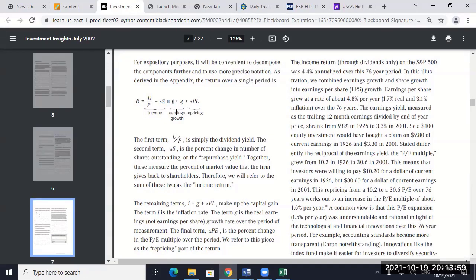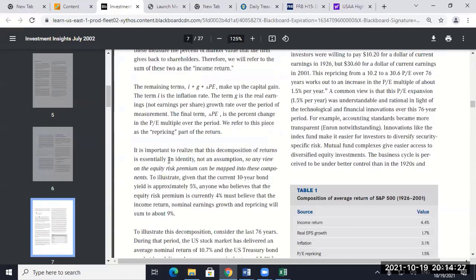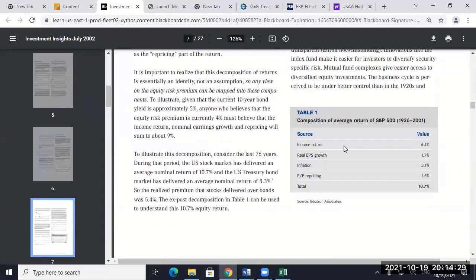What do you think these two numbers are? The I, inflation, and the G, real growth. All right. And then there's the change in PE. And it really is that simple. If you look at their number and they say historically the change in PE has added X percent, they just took today's PE divided by the PE ratio 50 years ago, took it to the 1/50th power minus 1, and that's what they say that number is. That's a simple number. And they go through each one of these pieces. Here are the historical numbers.